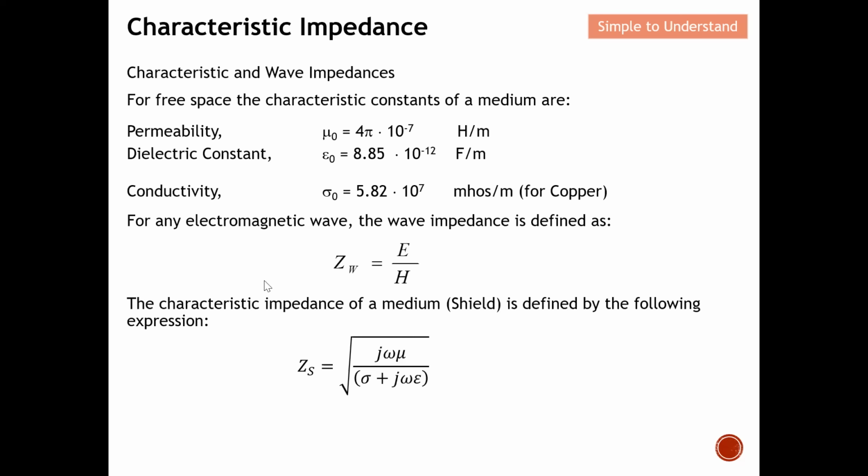Next, I want to quickly go through what the characteristics impedance is. For example, we use this good conducting material as an EMC shield. How can we compute the characteristics impedance? So this is the equation to compute the characteristics impedance of the medium. This equation you can easily find in a lot of textbooks on microwave engineering. I will go through a little bit more later on to discuss the key difference between these two